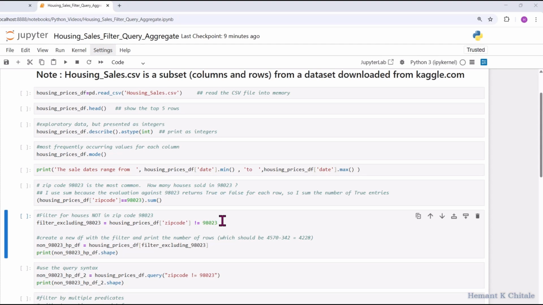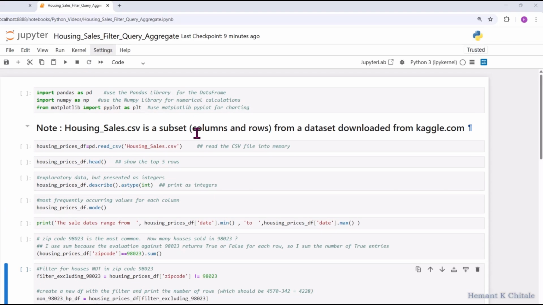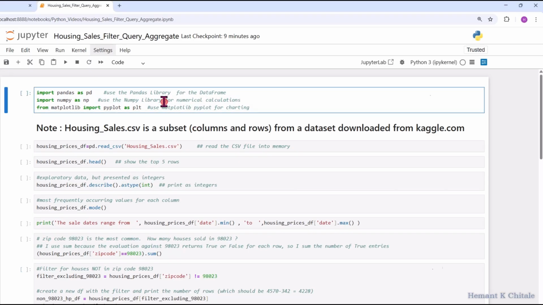In this demonstration, I'm going to demonstrate filtering, writing queries, and doing aggregations with group by, and aggregations with min, max, sum sort of operations for each group for a Pandas data frame. So I'm starting with the same data set that I'd used for the previous video where I was doing charting. So I'll just run the